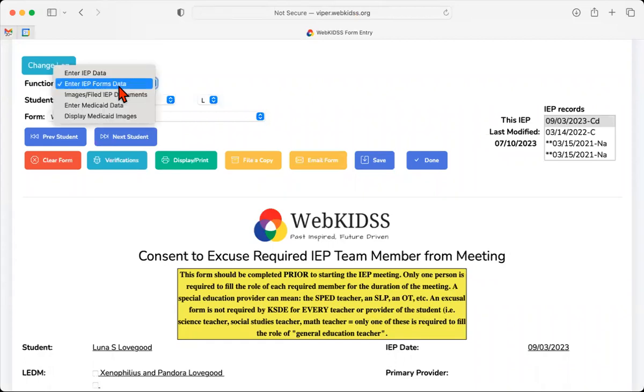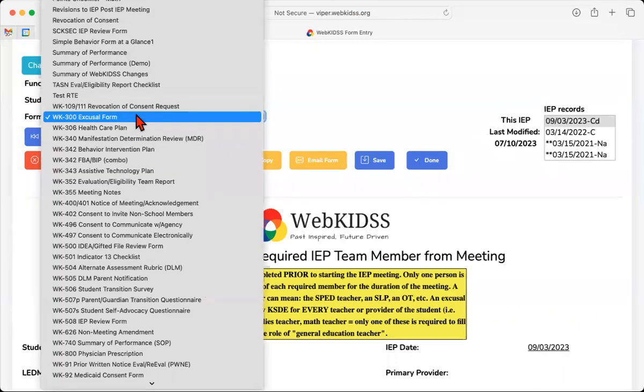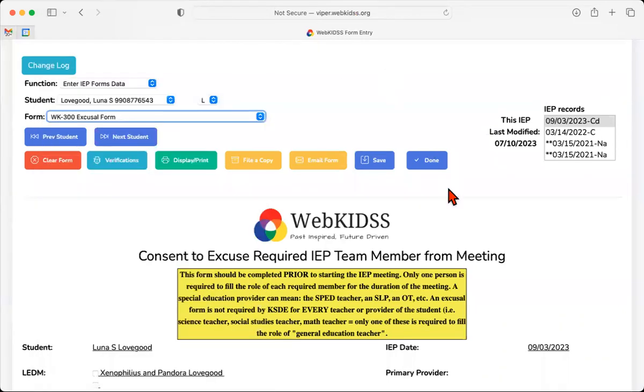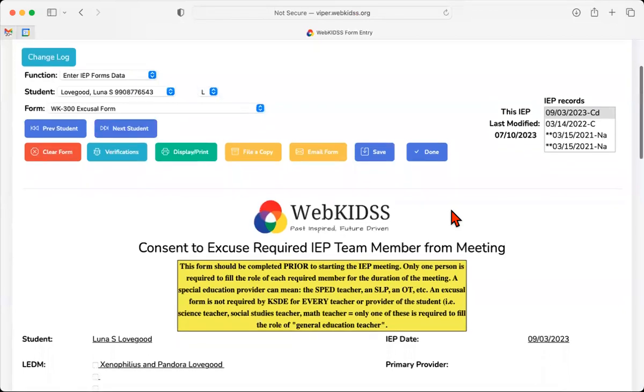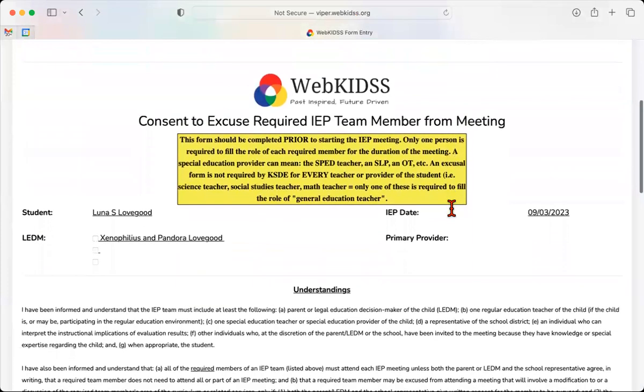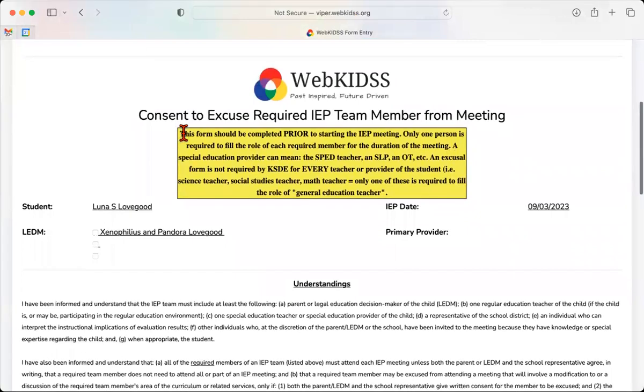Let's take a look at the IEP form labeled WK-300, the excusal form. This form is very similar to the state form, only its main difference is that it's electronic. So you can fill it out, store it, and send it all within WebKids. So if you look here at the form, just like all of our forms, any box that's yellow is not